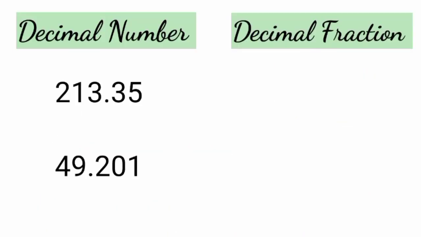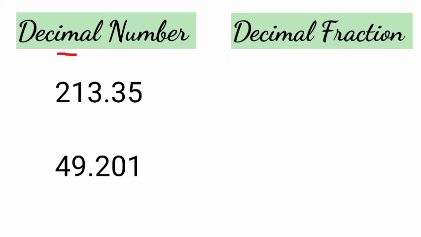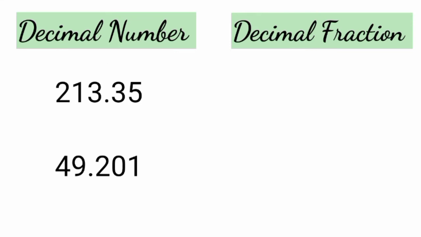Now let's understand how we can convert decimals to the fraction. Clear? This is just opposite to the previous one. Previous में क्या given था? आपको decimal fractions given थे और आपको decimal numbers में change करना था, मतलब decimal put करना था. Now they have given decimal point. It means they have given decimal numbers and they are asking to write it into the decimal fraction. So let us understand how we can do this. First number is